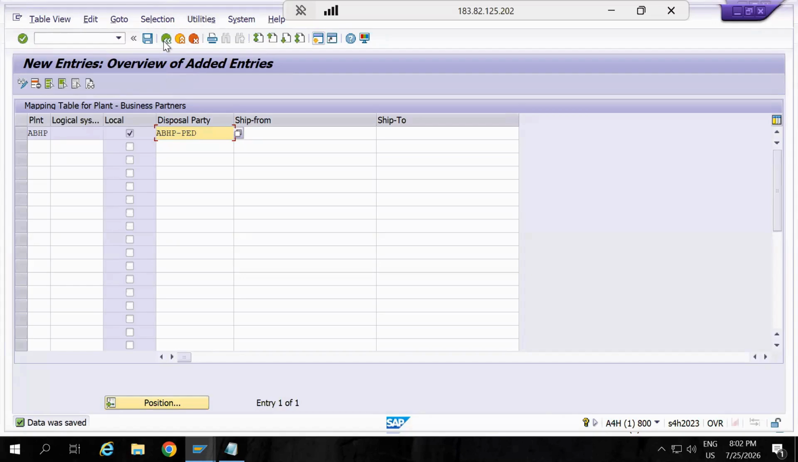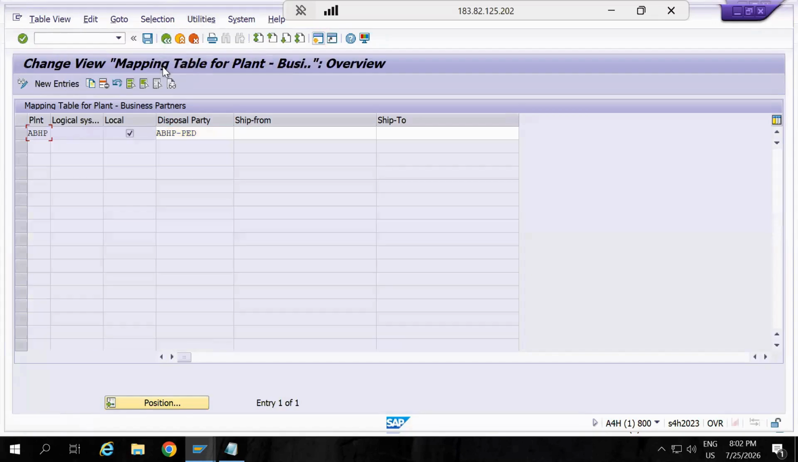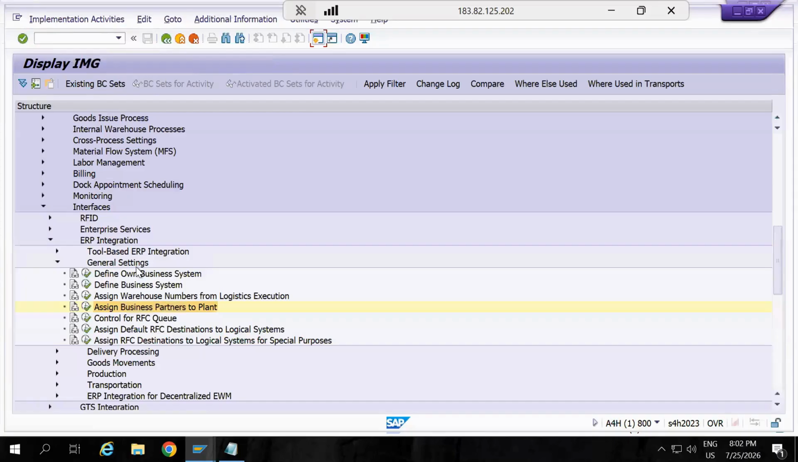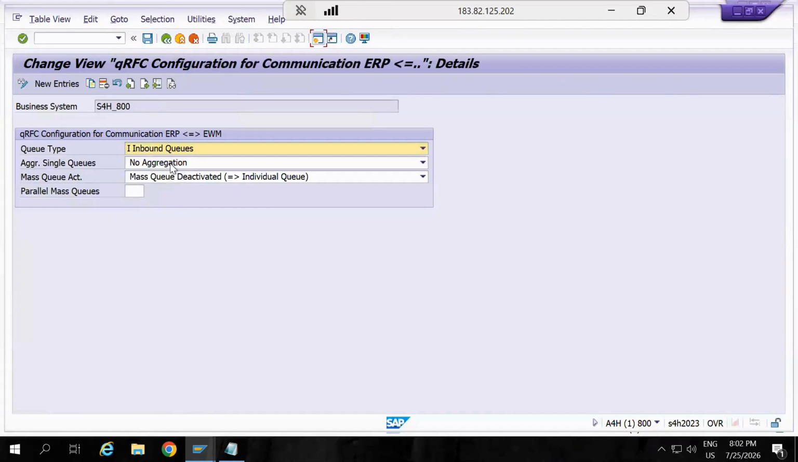So we entered the PEDs. If you don't make this assignment within your warehouse, within your plant, you'll get a lot of errors for sure. Next, Control RFC queue. So here you can see